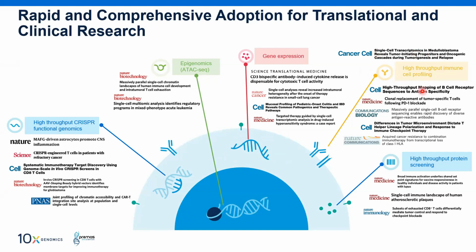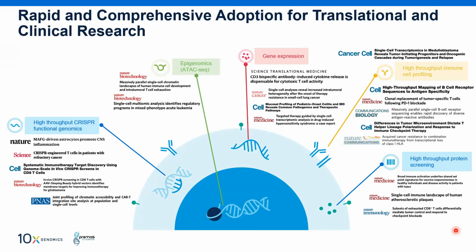And then you can see high throughput immune profiling, which is right now in the COVID area very, very important. And using this technology, they got some breakthroughs. Apart from this, there is high throughput protein screening, where you can see some publications on atherosclerotic plaques and systemic lupus. So people are generating the type of data which was needed previously, but because of technical limitations, they were not generating it. Now the technological limitations have been overcome